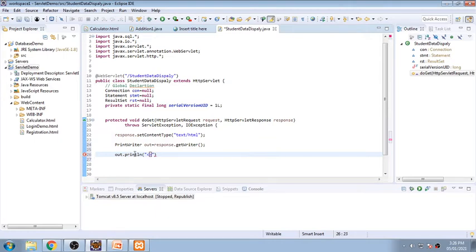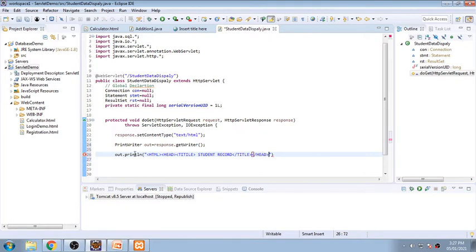We always start HTML with the html tag, and in that there is the head part. In head there is title. The title is nothing but your display, we'll call it student record, closed with slash title, and slash head.